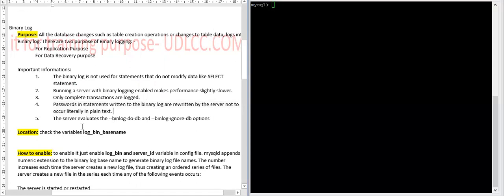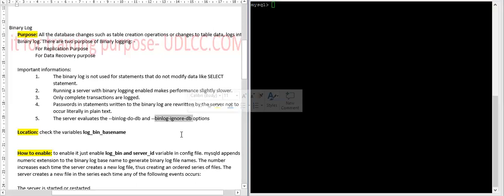The fifth important point is the two variables, binlog_do_db and binlog_ignore_db. So what are these important variables? If you want to ignore some database transactions and not log them in the binary log, you will have to mention the database name in the variable binlog_ignore_db.